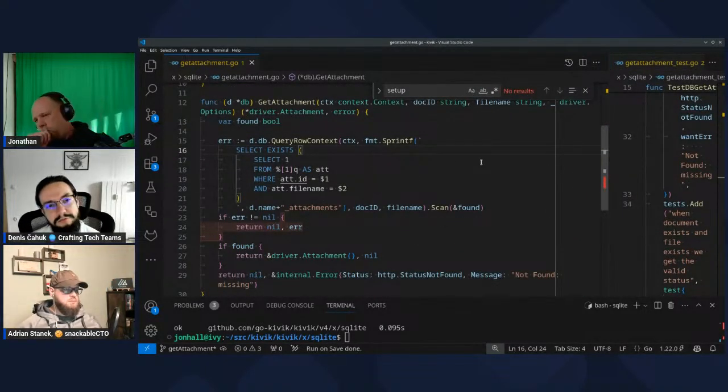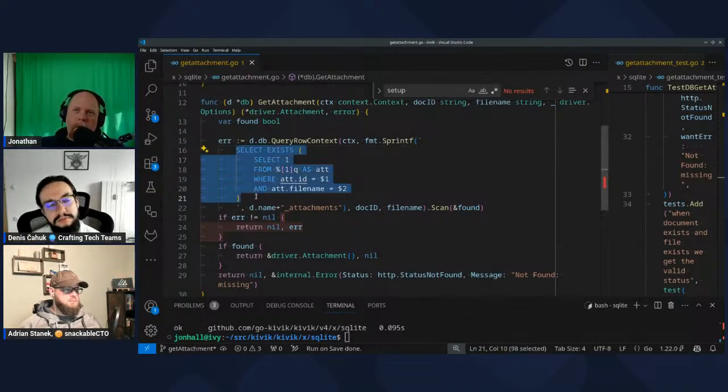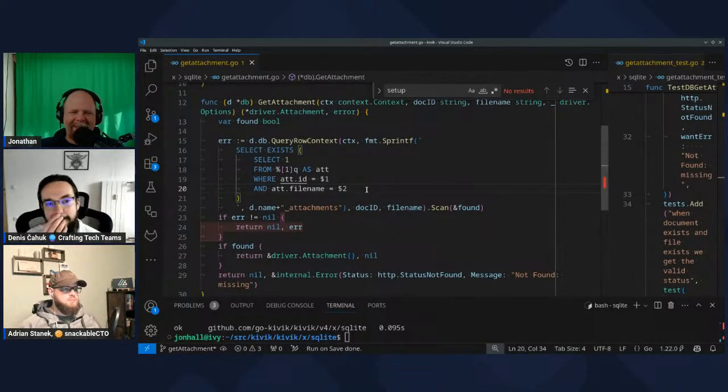I'll just comment that I know that this query is very incomplete. I could think of a dozen ways that it will break, but I don't want to fix them yet because we're not covering them with a test, and we might accidentally fix things that are wrong. I want to wait until I have a test that proves that it's wrong before I implement fixes. I don't want to jump ahead of myself. Well, let's test that assumption. Let's write a test for something that can go wrong. All right.